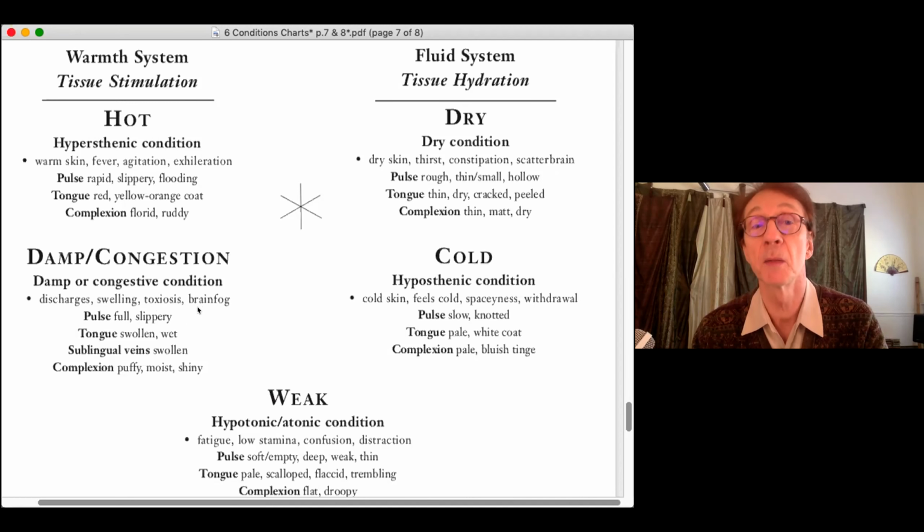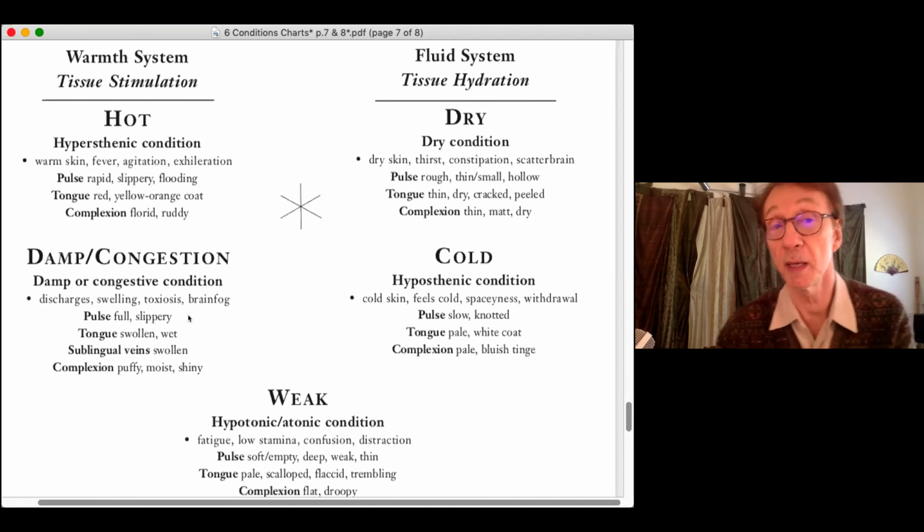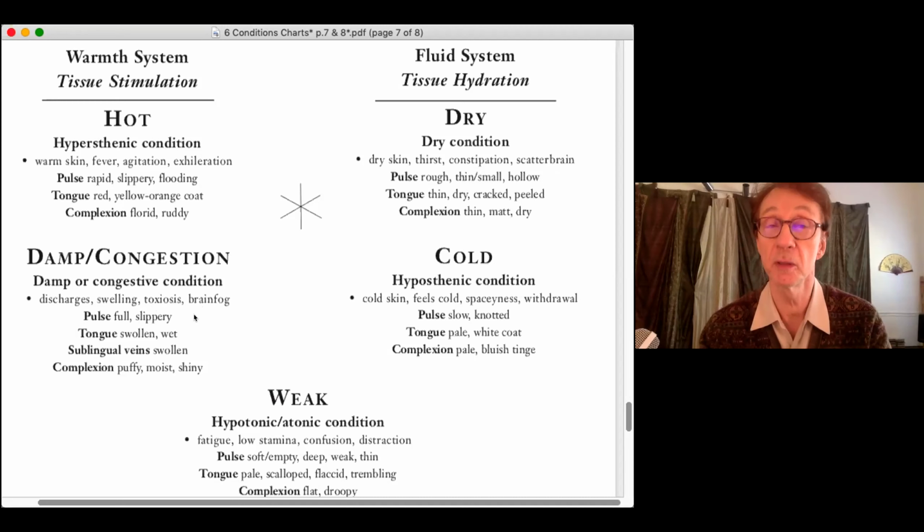For example, the state of pregnancy in a woman is obviously healthy, but it creates damp. It creates a congestive condition. So in pregnancy, for example, the pulse becomes full and slippery. So in this case, it's a healthy type of congestion or damp, right? And then